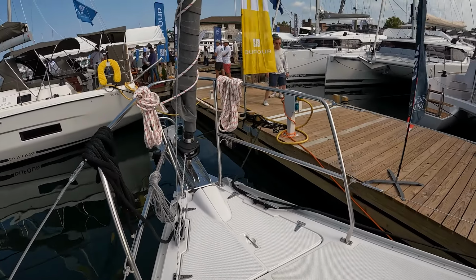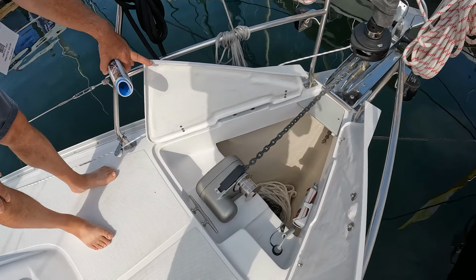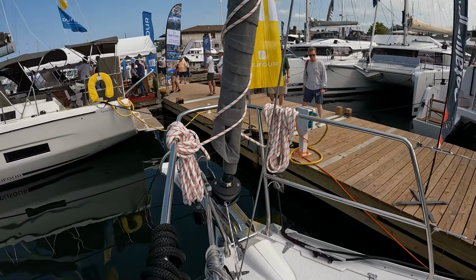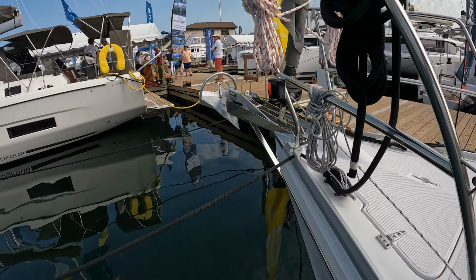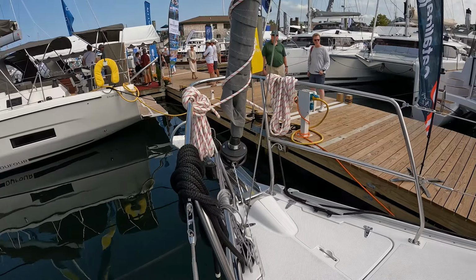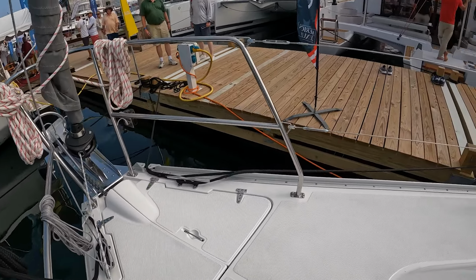Up front, we have a couple more key features I like here. An anchor locker on a 31-footer, which is astounding. An anchor locker and a double stainless roller for the anchors. I harp on the new boats for using anchor rollers that are sexier, but restrict your choice of anchor, and Catalina can't be bothered with all that. They still use the time-honored big ghastly double roller, so I can still use whichever anchor I want, and I